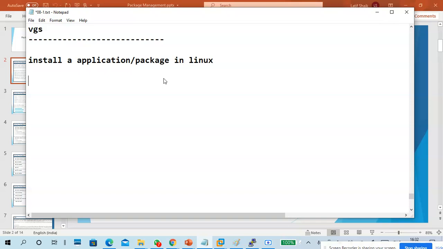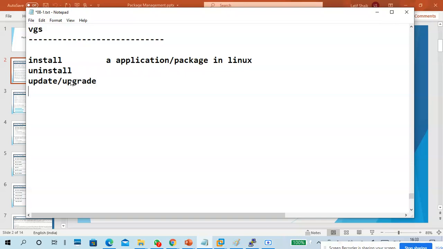Install a package or application, or you want to uninstall it, or you want to update it or upgrade it.